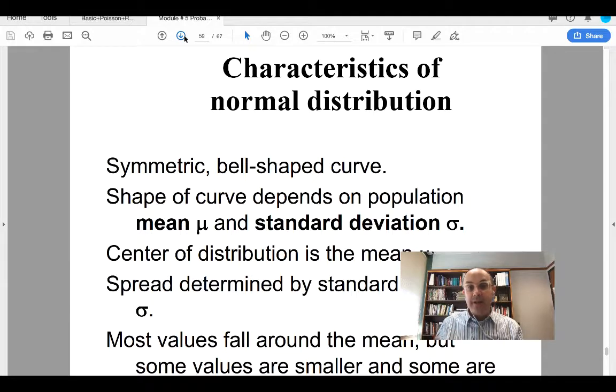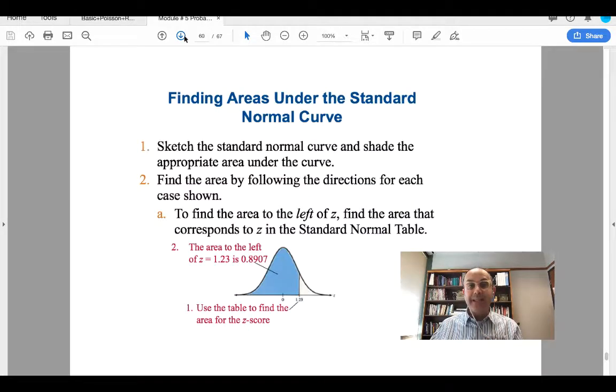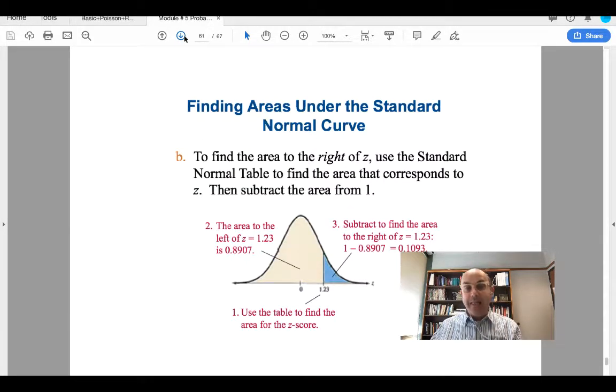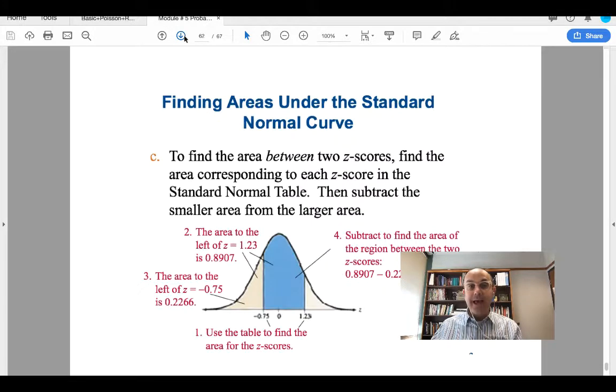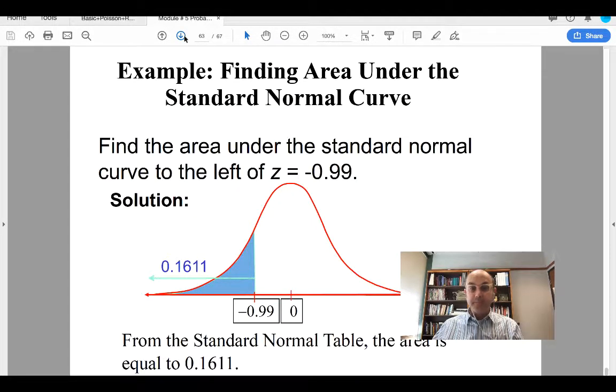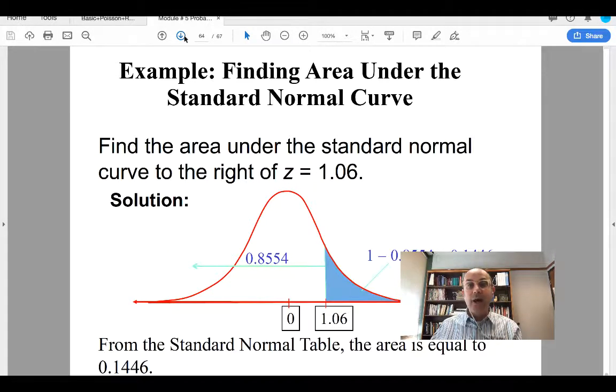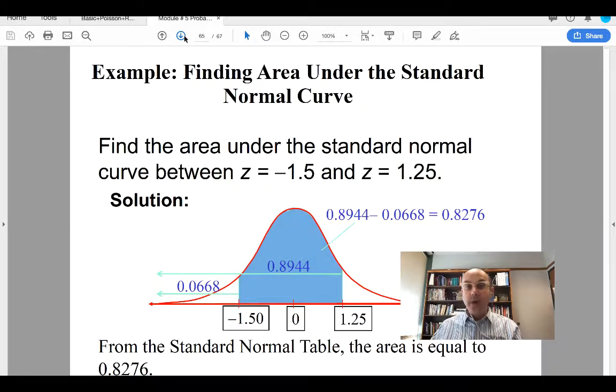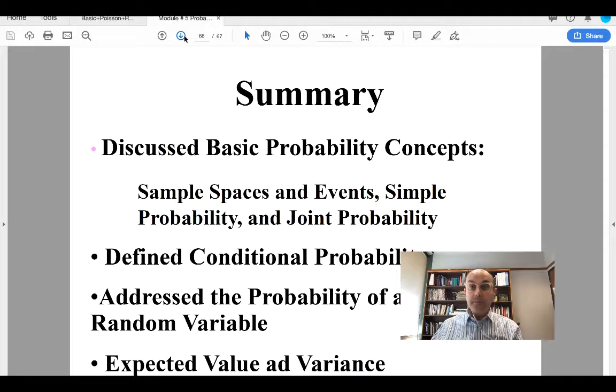The characteristic of the normal distribution, as I said, is that the shape depends on the population mean and the standard deviation, and we already know about that and how to evaluate that, and what the z-score stands for and how to find it. So finding the area under the standard normal curve and how to apply it with regard to the z-score, and what it means to us with regard to the idea of